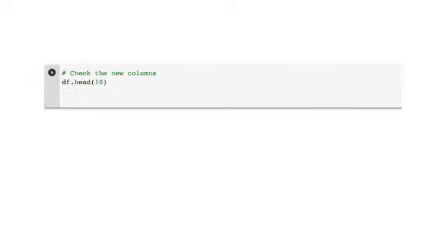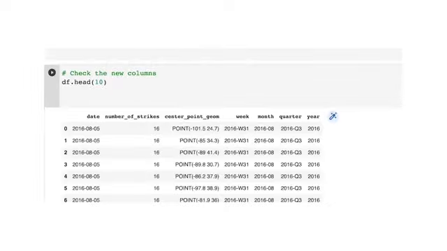Now that we have formatted some strings, let's quickly review our work by using the head function we learned in the previous video. When we run this code, our 4 new columns are there: week, month, quarter, and year. They are all formatted just as we discussed. We can use these new strings to learn more about the data. For example, let's say we want to group the number of lightning strikes by weeks. An organization whose employees primarily work outdoors might be interested in knowing the week-to-week likelihood of dealing with lightning strikes.